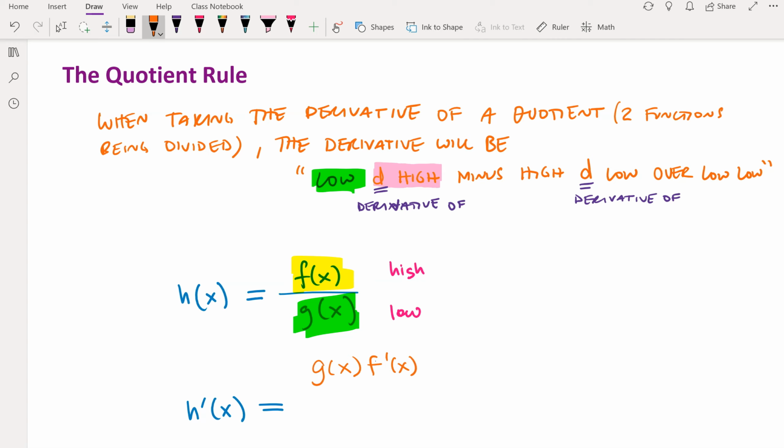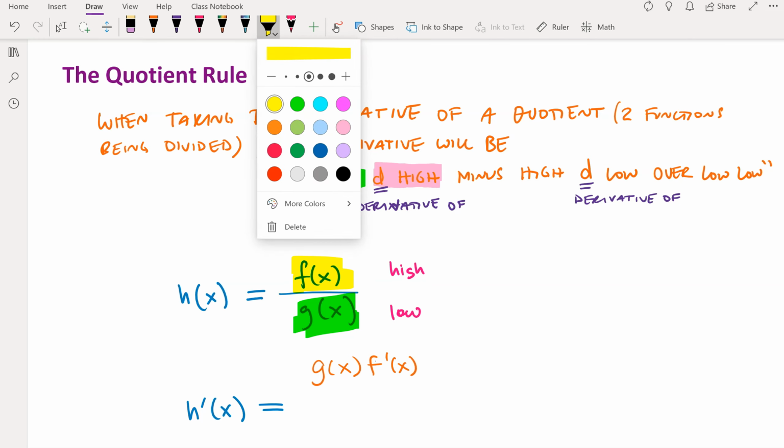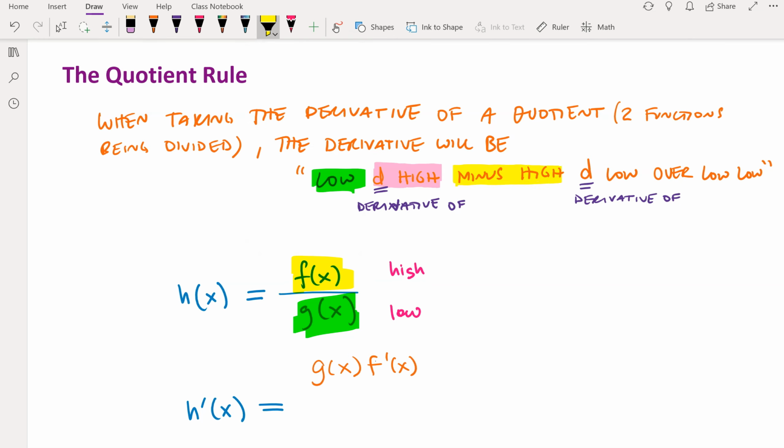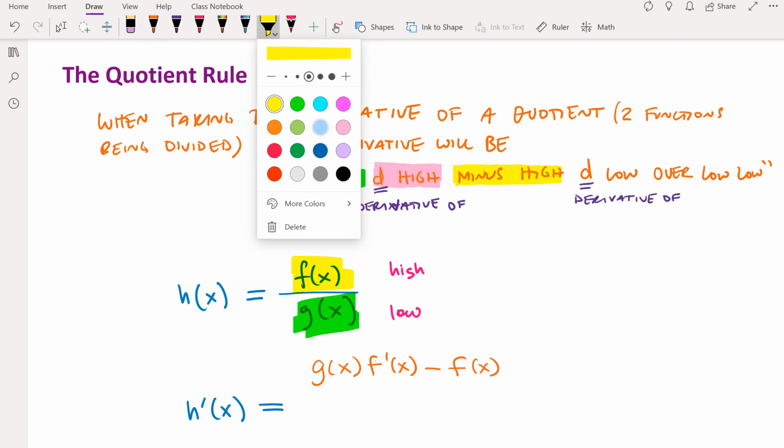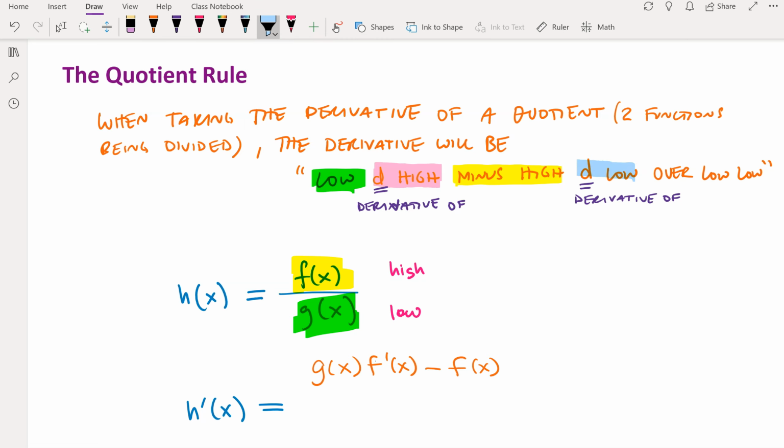And then we have minus high. The high function is f of x. And then the next thing we have is d low, the derivative of low. So we're going to write the derivative of the low function, which is g prime of x. And then over,